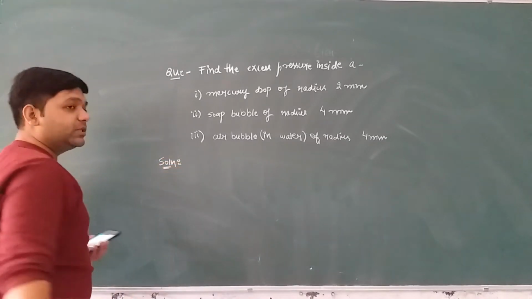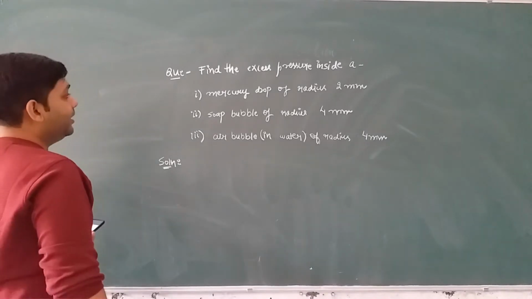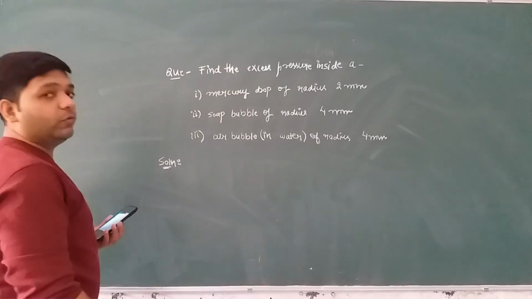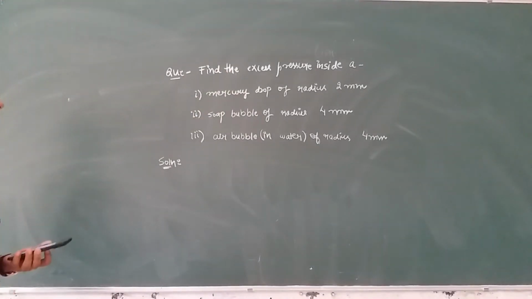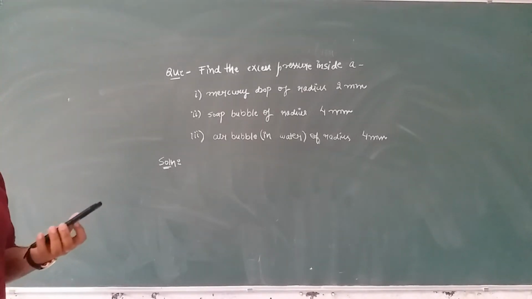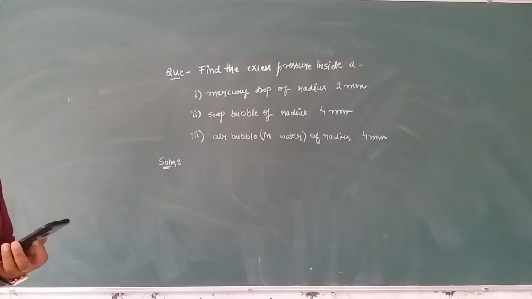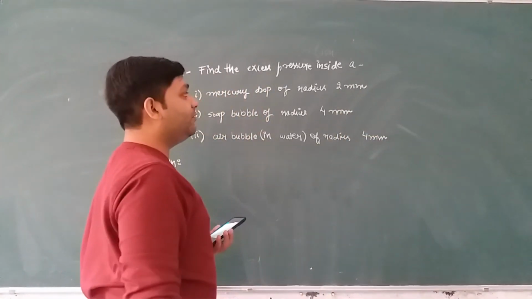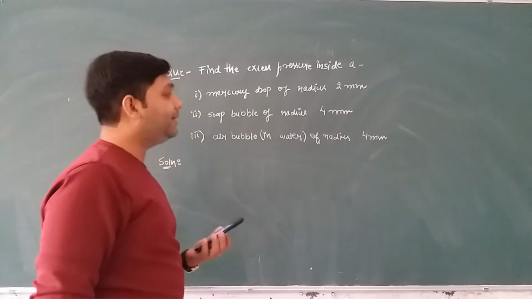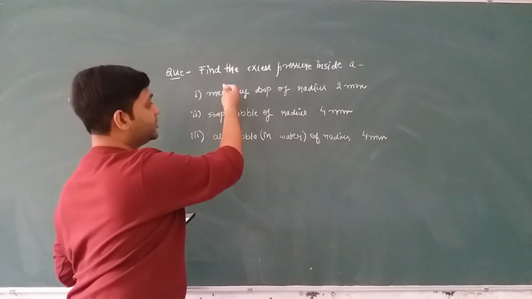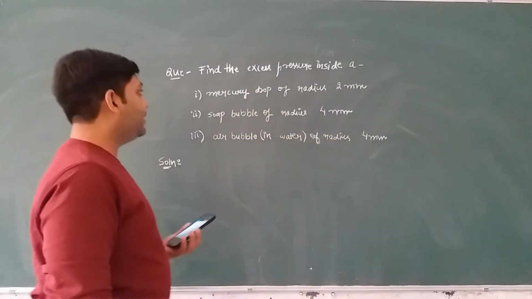So we have to simply use the formulas that we have learned, okay? And moreover, you should know the surface tension of mercury. What is the value of surface tension of mercury? It is 0.465. I have already told you to learn the surface tension of mercury, soap bubble, and water. So for at least these three, you should learn the value of surface tension, so that it will be easy for you to solve the question. If it is not given in a question, you should remember at least the three values for mercury, soap bubble, and water.